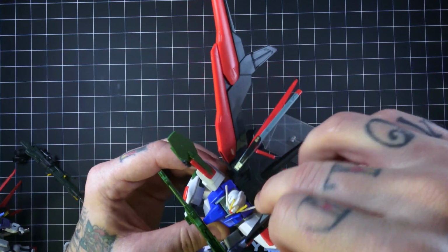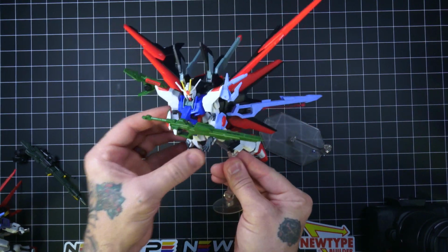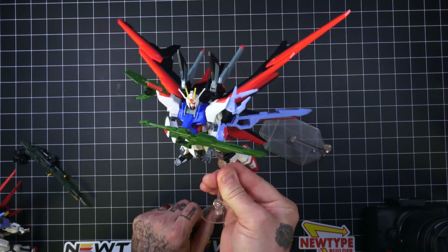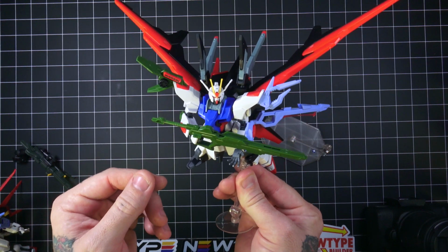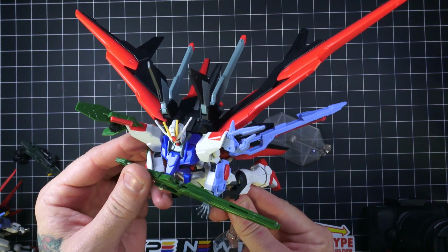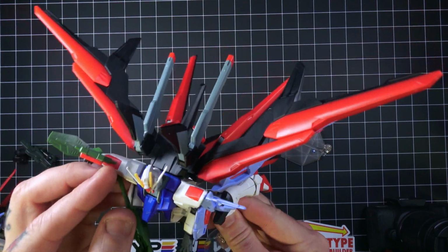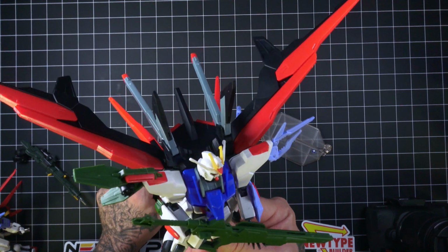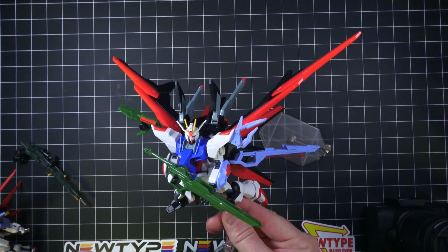Watch out for this shoulder piece, it wants to come up. Trying to think of anything else too difficult, but yeah, I really enjoyed it. So far it's my favorite because of that backpack. It's very spiky. Everything is going back and out and very sharp. I still think Blazing is my favorite just because of the glowing foot and the shape, but this is number 2, I think, on that list. I'm really enjoying this one. So let's do a couple more shots, close-ups, and I'll go over the...